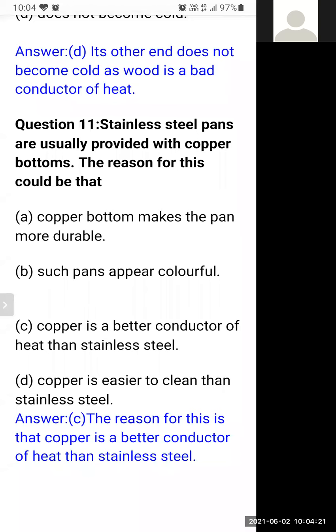Copper is a better conductor of heat than stainless steel. That is why stainless steel pans are usually provided with a copper bottom. The bottom is made up of copper because copper is a better conductor as compared to stainless steel. So students, let's do a quick